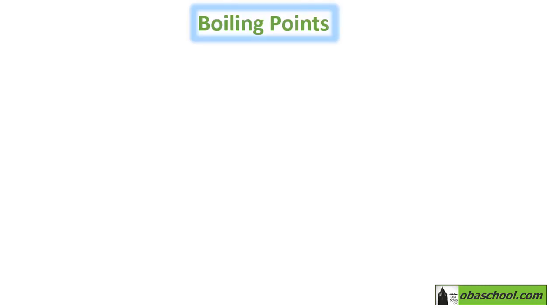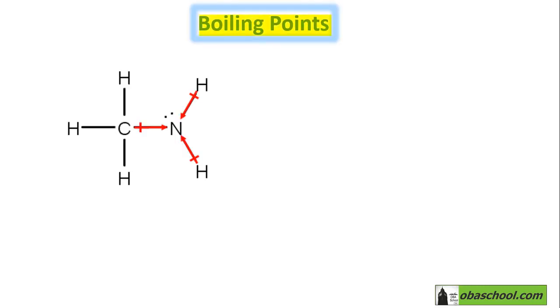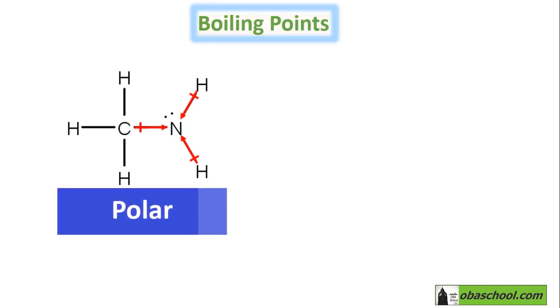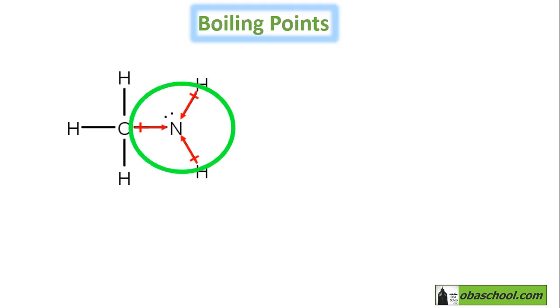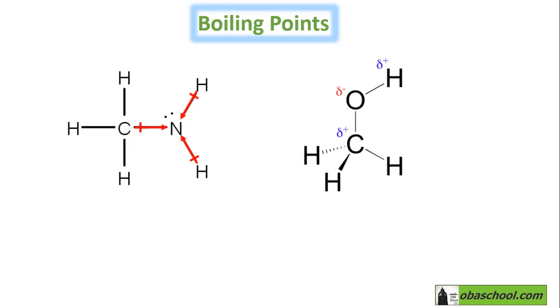Now, let's discuss the boiling point of amines. Primary amines are polar. If you can see here, the dipoles do not cancel each other. That's why amines are polar. If you are going to compare amines and how they can bond with other molecules, we can see that the